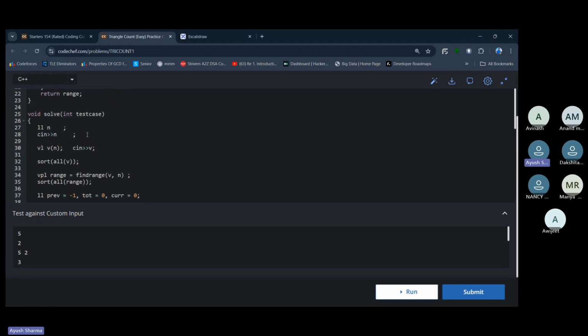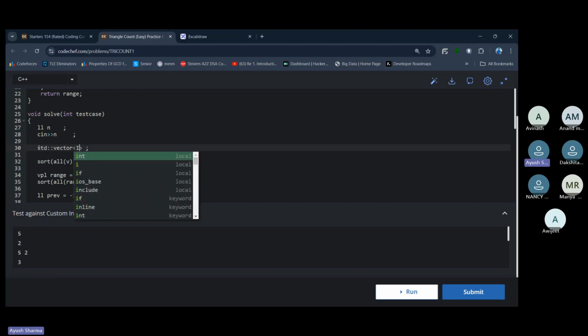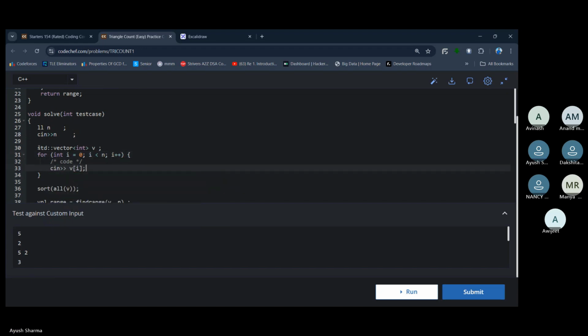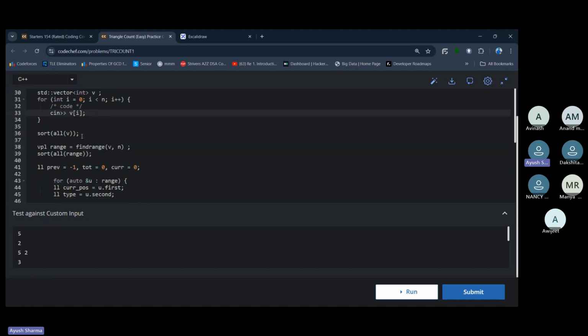अब तुम इसमें ये देखो, we have taken the inputs. So I have taken the input here. So this is nothing but a vector of integers. You can take it. और तुम यहाँ पे इनपुट ले लो अपना नॉर्मली, ठीक है। तो यू आर टेकिंग द इनपुट्स हियर एंड आई एम सॉर्टिंग इट, बिकॉज द ऑर्डर डजंट मैटर ऑफ द वैल्यूज जो दी हुई है। तो व्हाट यू कैन डू इज यू कैन लाइक सॉर्ट दिस।